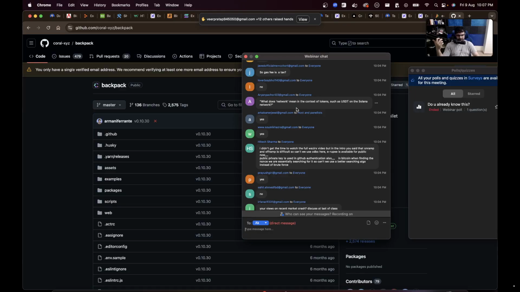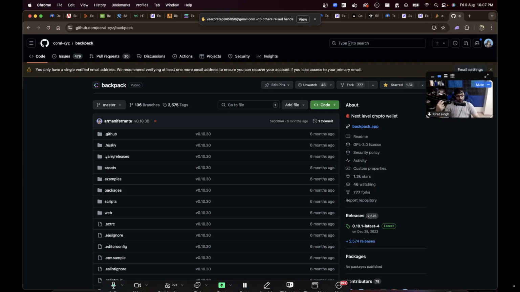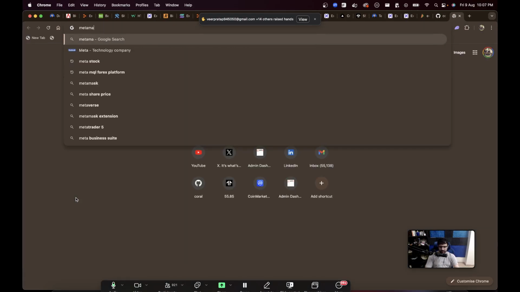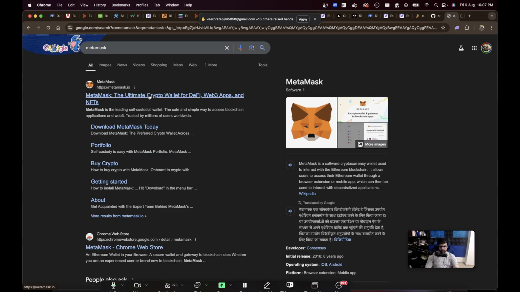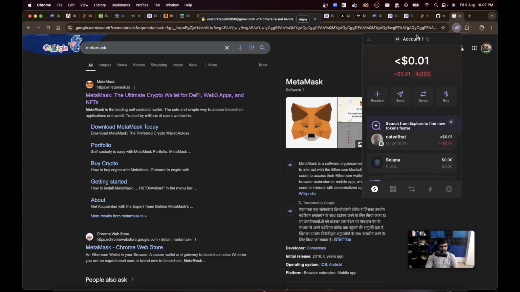in a decentralized fashion. What does network mean in the context of tokens such as USDT in Solana network? Great question. So I changed my browser yesterday, which is why you don't see anything here. But USDT is something that exists on the Solana blockchain, as well as if I open MetaMask, which is an Ethereum wallet, and install MetaMask really quickly,